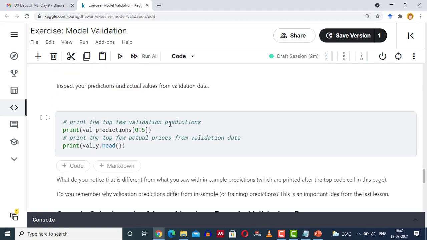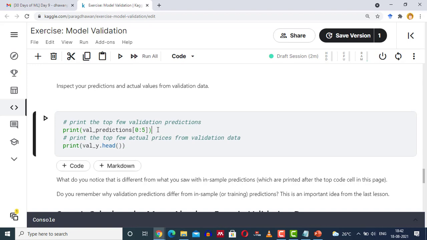Print the top 5 validation predictions. The validation predictions can be indexed like a list. So val_predictions[0:5] will run from 0 to 4 and we print the first 5 predictions, and we will check them against the first 5 actual prices of the validation data.